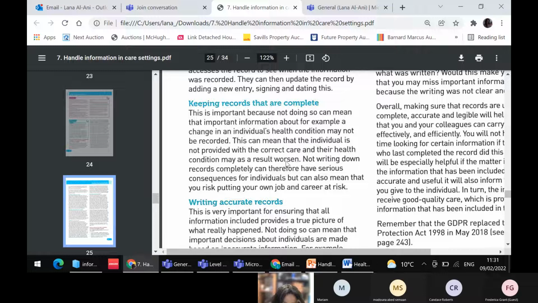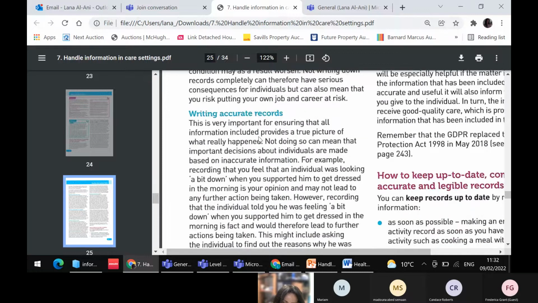So I always make sure that I have all the information needed, and if I don't know which information is needed, I can always ask my manager, but I always have to have complete information, so I don't put my client at risk. Also, in terms of writing accurate records, I always make sure I enter accurate details into the system,